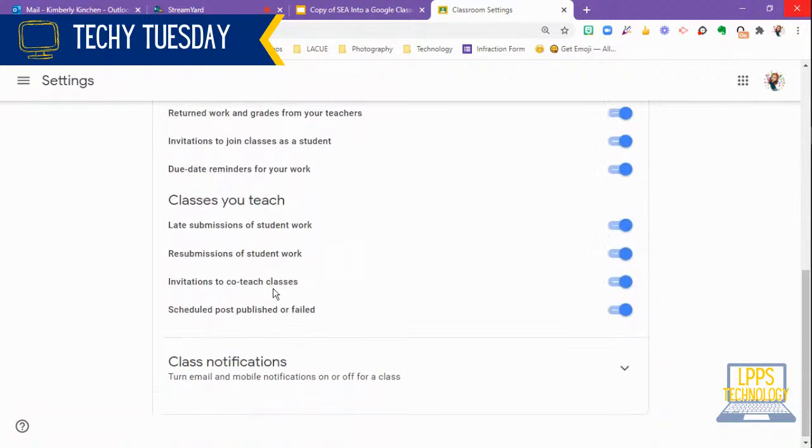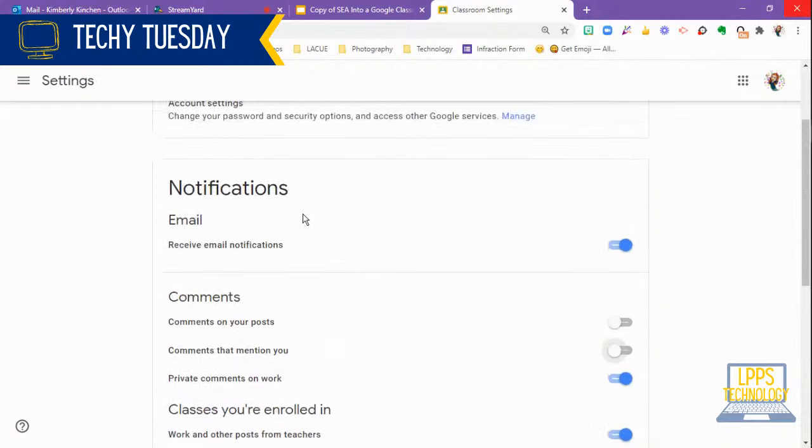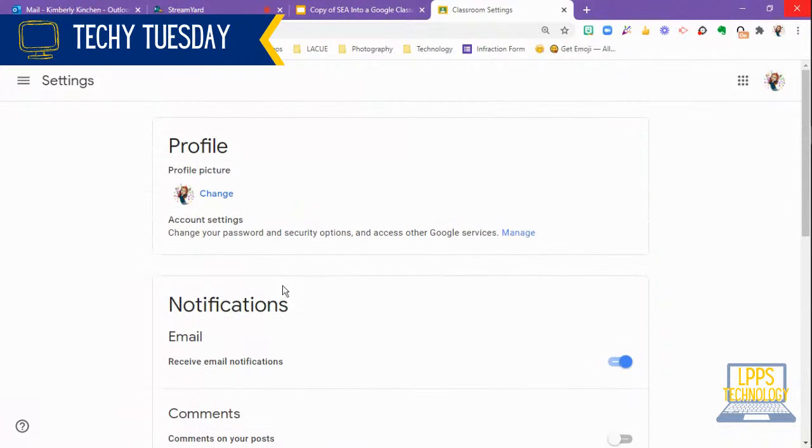And you can read through this. You can see what I'm talking about, though. Class notifications, turn in emails. This has been